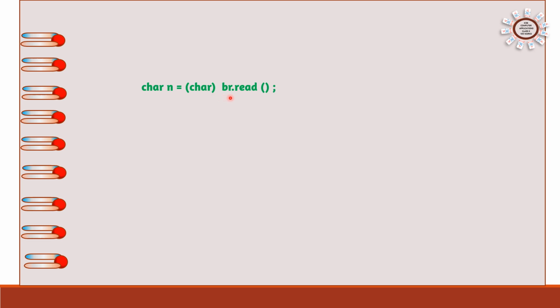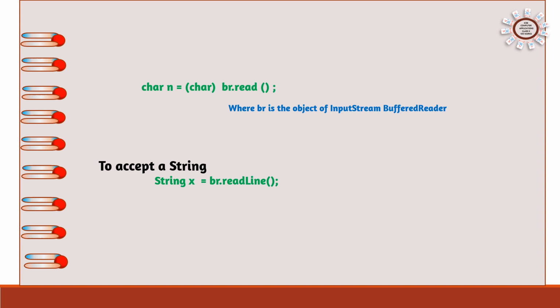BR is the object which we have created for the BufferedReader. BR.read, no need of readLine. Line means more than one character. It is a single character read: char = BR.read(). Using this command, we can accept a single character. And for accepting a string, we have already seen String x = BR.readLine(), where